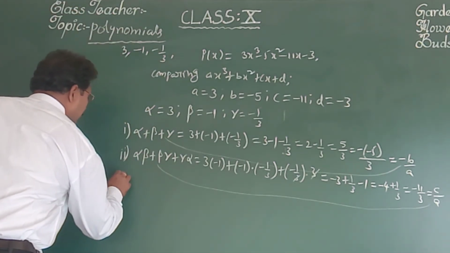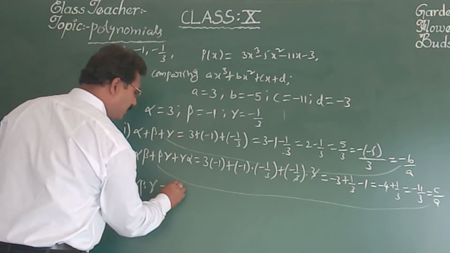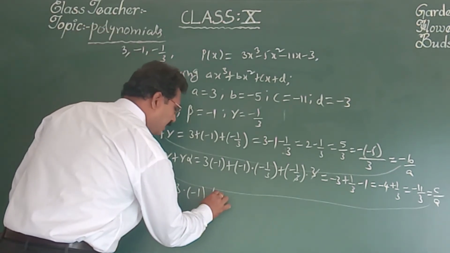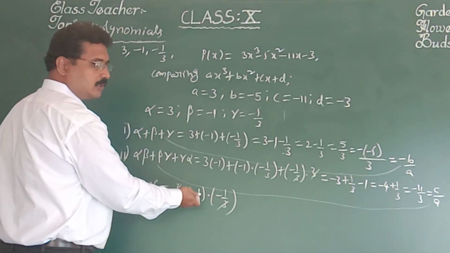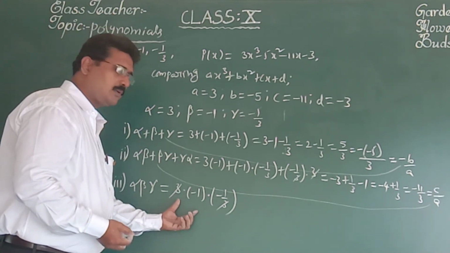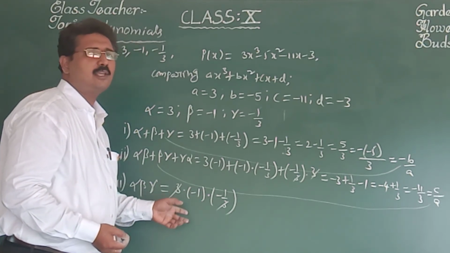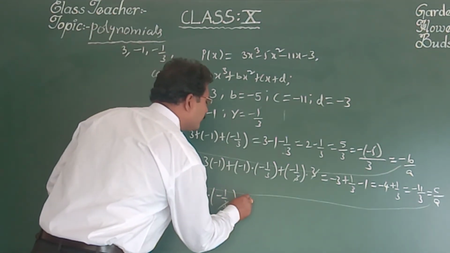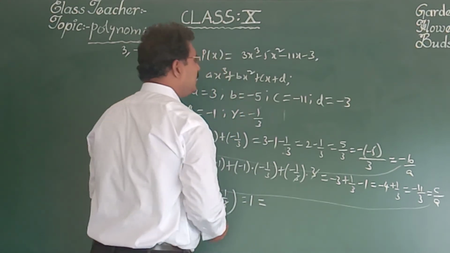Now the last one, alpha beta gamma is equal to. Now alpha is 3, beta is minus 1, gamma is minus 1 by 3. Now 3 gets cancelled. Why? Because it is a product only, we can cancel. In between that, see children, some students are writing here only, those mistakes you are making. Suppose there is a plus or minus in between, you don't cancel that. Take the LCM and then cancel. If it is a product, we can cancel directly. So minus into minus is plus 1.